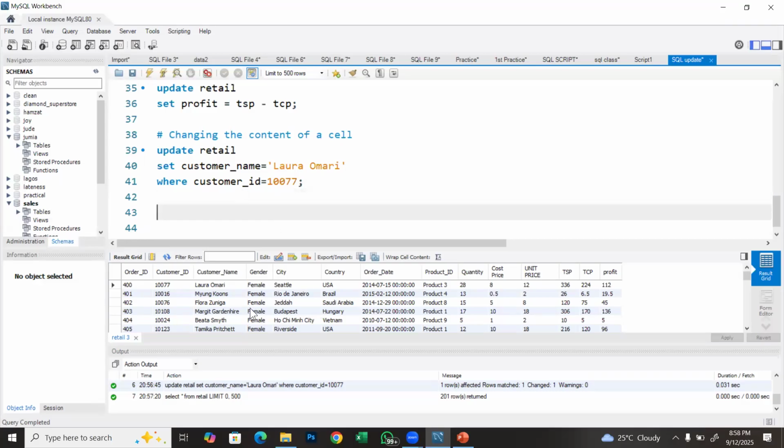So now let's say we want to change this 10,124, which is Beta Smith, to Madam Rita. And we want to change the country from Vietnam to Canada, something like that. And also we want to change the quantity to maybe 15 or something. So you can set more than one thing at once. So I can do update the table name retail,